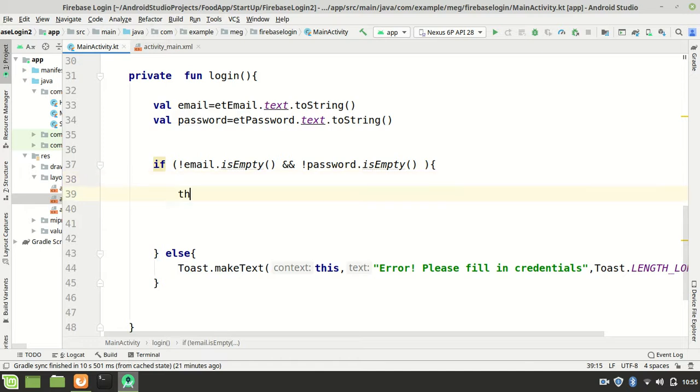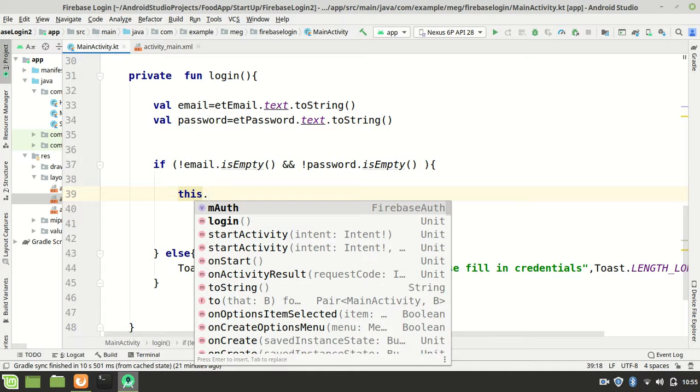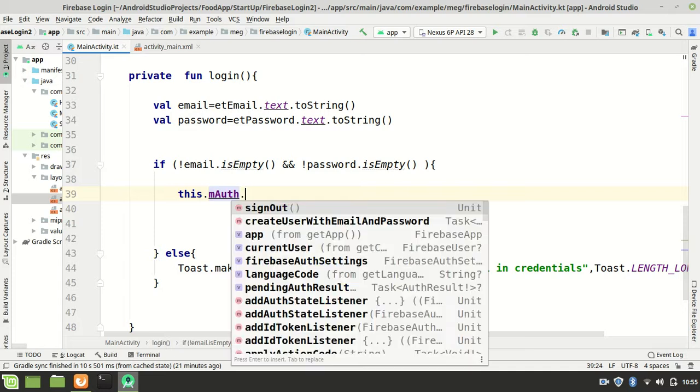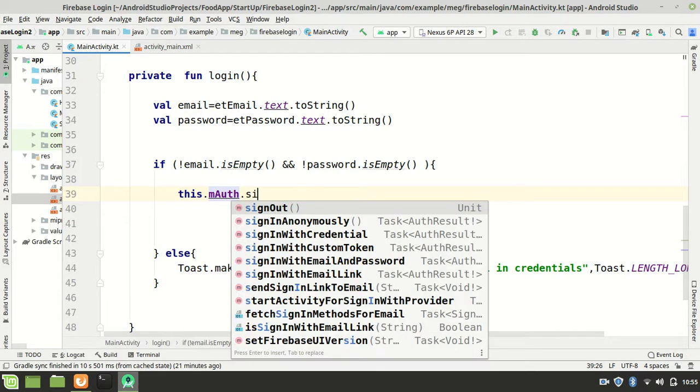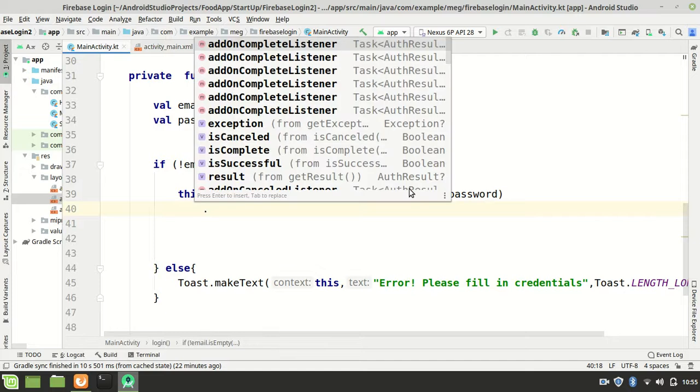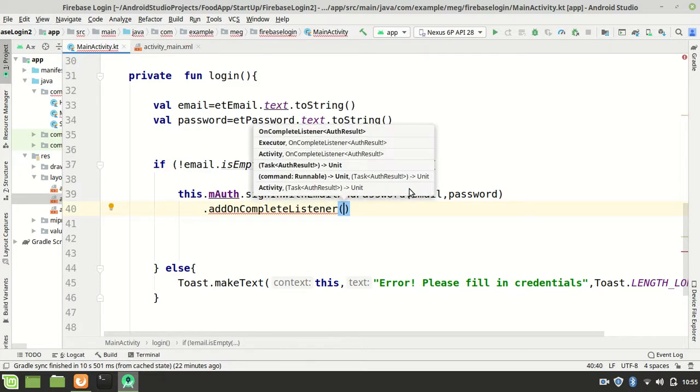So you can just say this, then you say dot mauth, then you can say dot now sign in with email and password. So you will sign in with email and password. So this is a function that is there. So what is the email and the password? You'll pick the email just at the top there and the password. So sign in with email and password, and then we'll now come and say dot add on complete listener, then